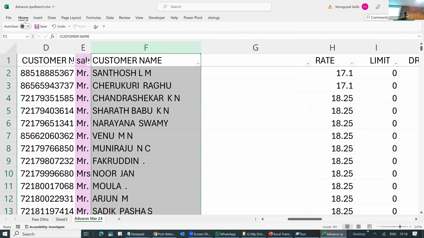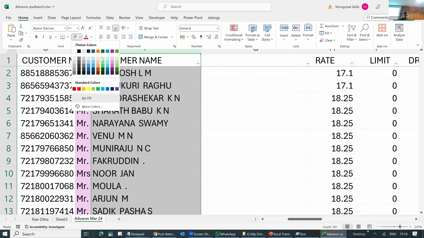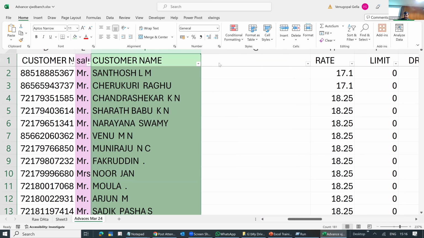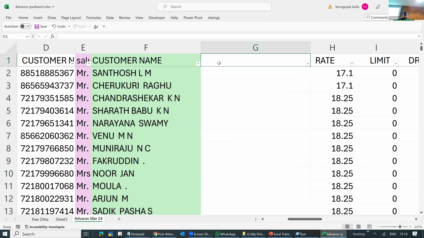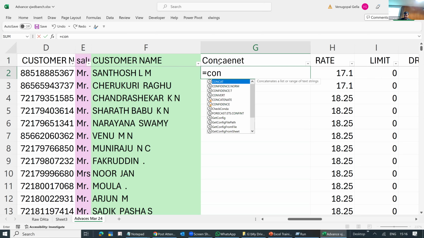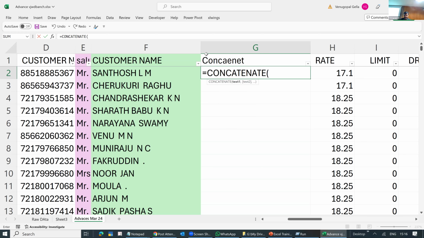When the two pieces of data are in two different columns, the easiest thing to do is concatenate. The formula is concatenate, text 1 comma text 2. Done. It will automatically merge. Whichever you want to do, you can do it.